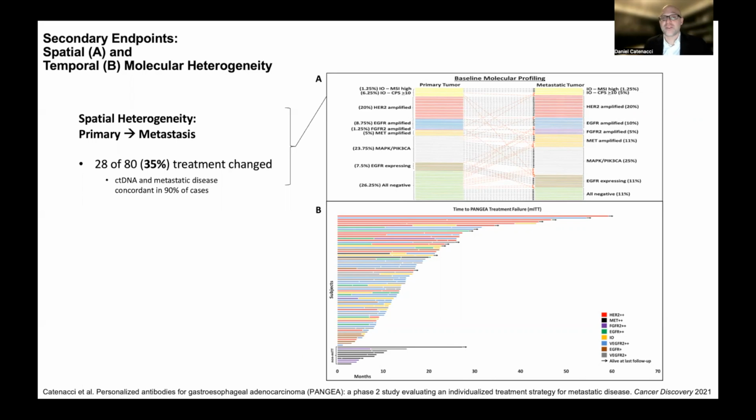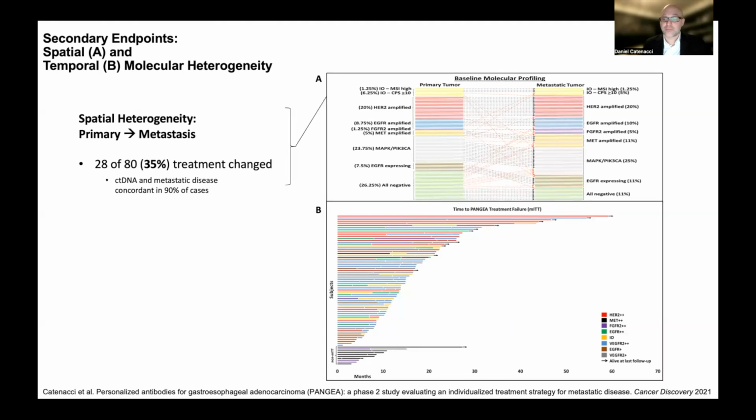Importantly, all patients were getting a baseline circulating tumor DNA analysis with a Guardant 360 panel in that study. And the ctDNA was able to pick up the metastatic profile in 90% of the cases. So the importance of this is that ctDNA can adequately identify those metastatic sites and spare patients in the future from having to go and get a biopsy of their metastatic lesion, because a blood draw can, in most cases,